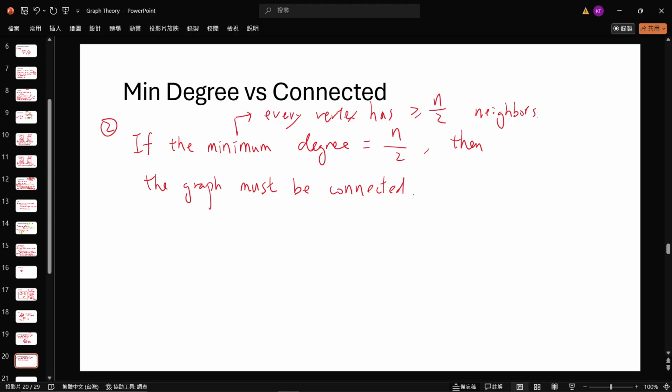If you need papers, you can find it here, okay. 6个 vertex，OK，你的图上面有6个 vertex，然后每一个点它至少要有3个邻居，然后试试看看你可不可以画出一个不是 connected 的 graph。